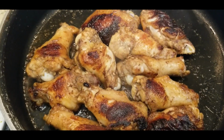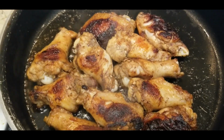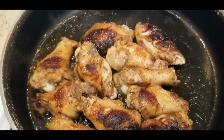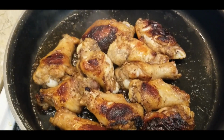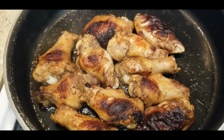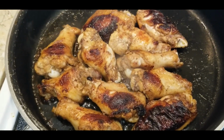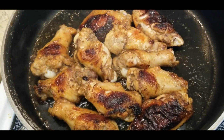I hope if you're cooking along with me that this is what your chicken is looking like. I hope you guys are also enjoying this another edition of Cooking in the Kitchen with Renee. Alright, let's get this chicken brown and golden and